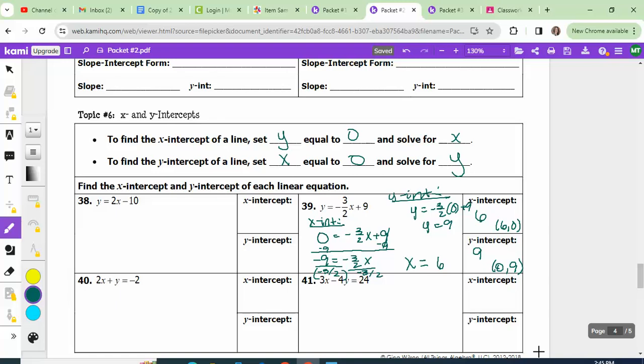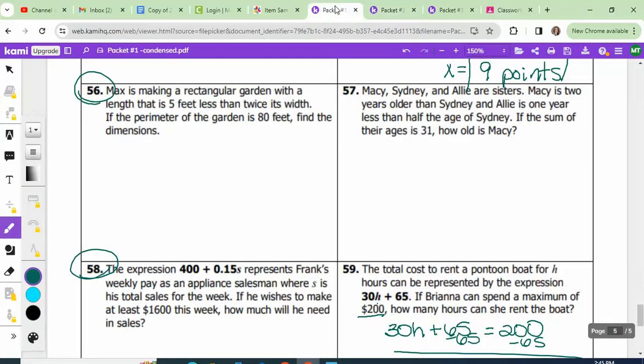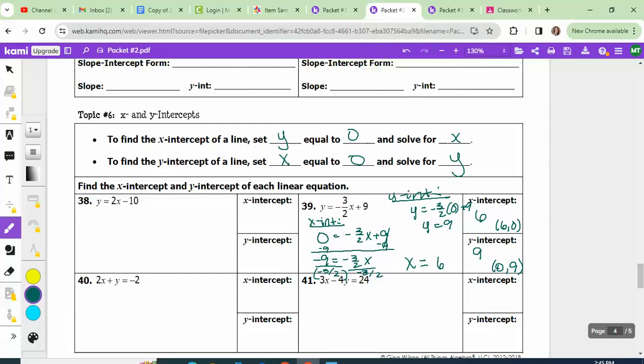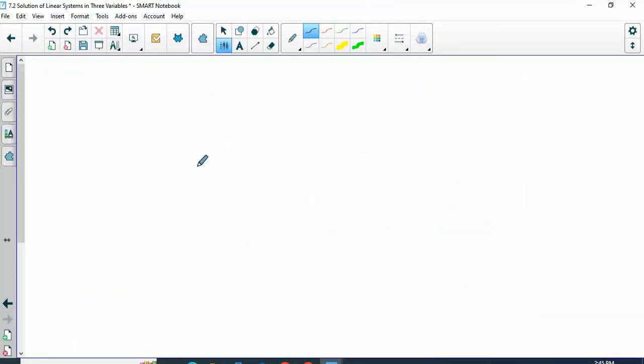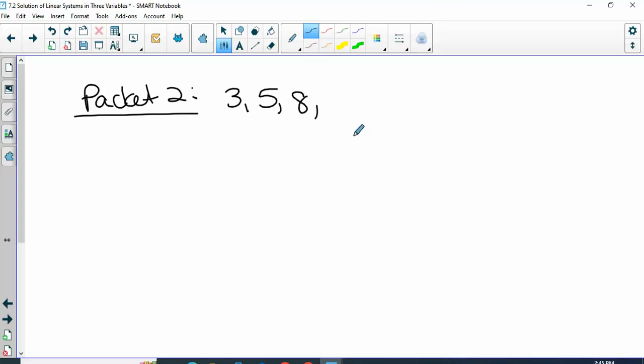So, today, the first packet we will either turn in at the end of class or beginning tomorrow. So that one's due. I gave you guys 2 more problems on that one, 56 and 58. On today's packet, we are going to do 3, 5, 8, 14, 19,